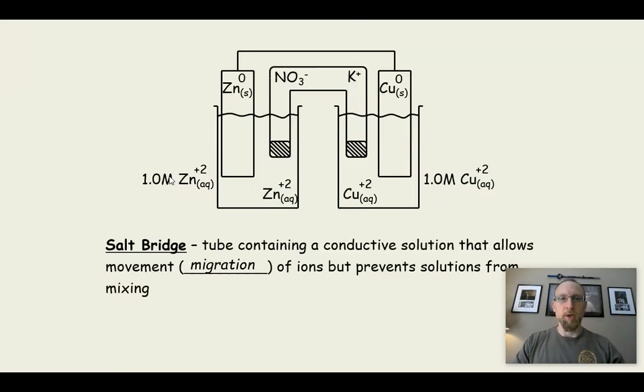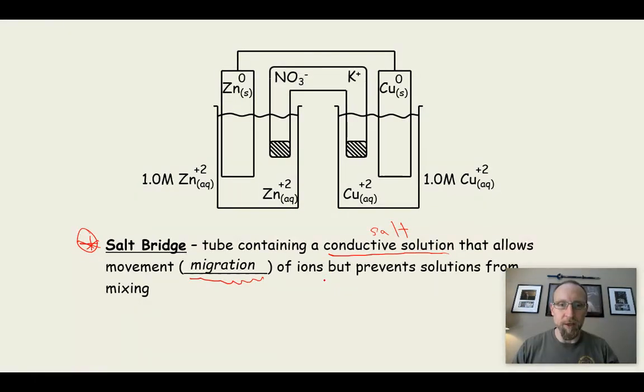All right. So let's just walk through this diagram. So what is this upside down U thing? This is called the salt bridge. So the salt bridge is a tube containing a conductive solution. That's our salt, right? Remember what a salt is, your ionic substance. So that allows the movement or the migration, they like to say that word, migration of ions, but prevents solutions